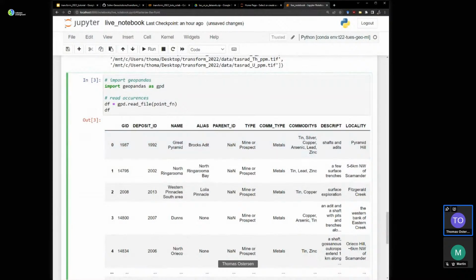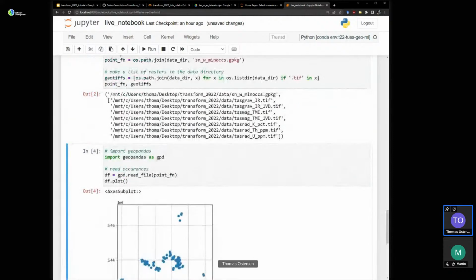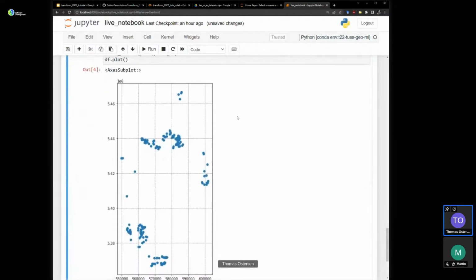And I've also made sure to remove any alluvial deposits because we're targeting in situ primary mineralization. So we don't want to include the transported placer type deposits in our prospectivity analysis because we'll end up with a pretty terrible model. We can plot those points, get a sense of where it all is.